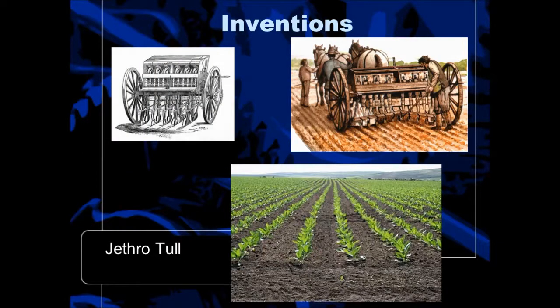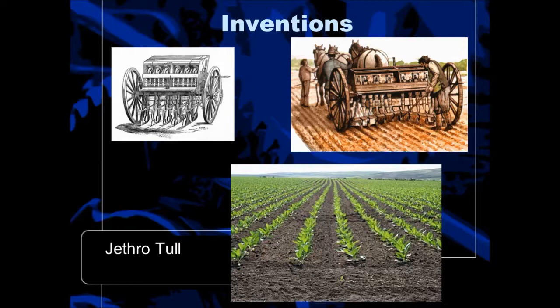Jethro Tull is the guy who created the seed drill. And the seed drill is basically a machine that you pull behind a horse, and you have different contraptions that you can put on it. The first one is to make, you have to loosen up the soil still, but this contraption that you put on the seed drill would make the perfect rows, and then you would put a different contraption on it and fill it up with seeds, and it would actually poke a hole and fill the hole with a seed as you went along, and it would make these perfect rows.